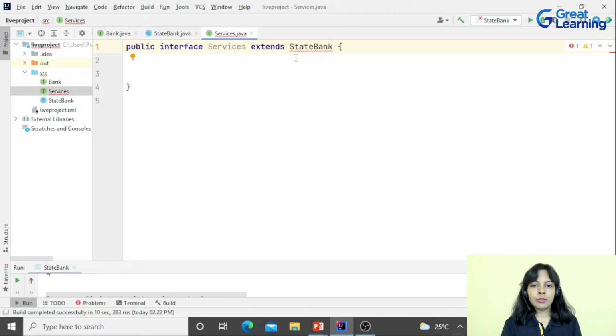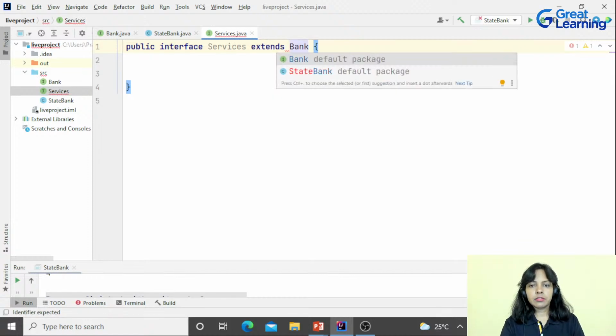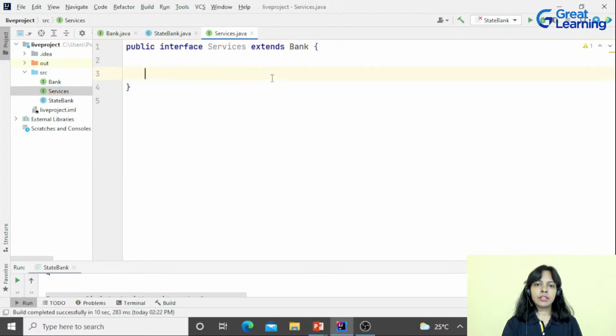So you can only extend or implement another class inside a class, another interface inside a class, another interface inside an interface. So this will be extends, and the other interface is bank. Right. So this is now correct.